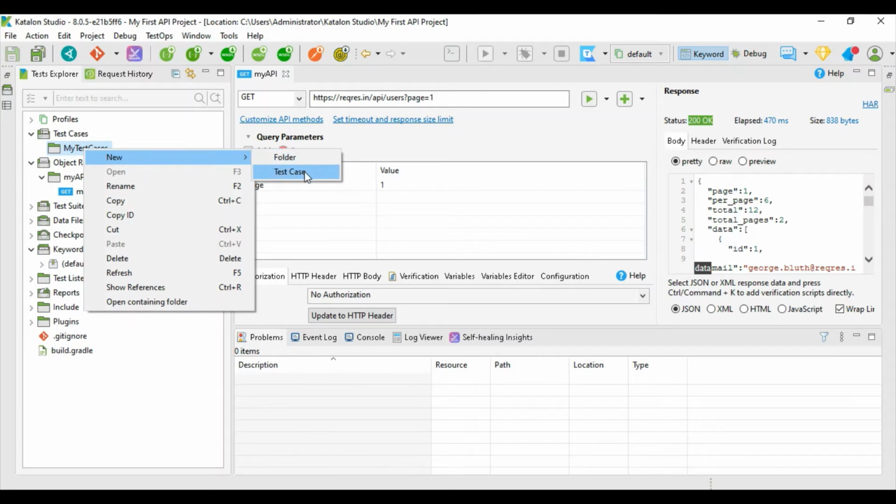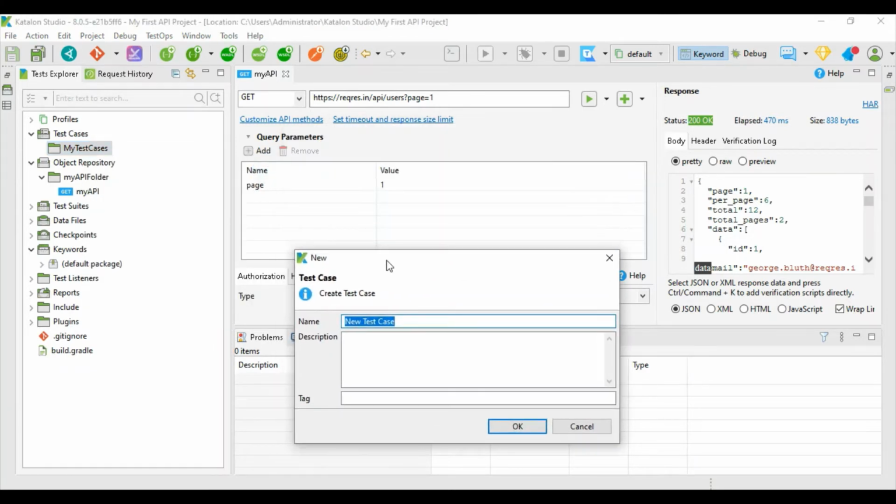So let us create a test case. Now we can see we are getting user details, and we want to verify that some value is okay, if the response code is okay. So let us verify details.